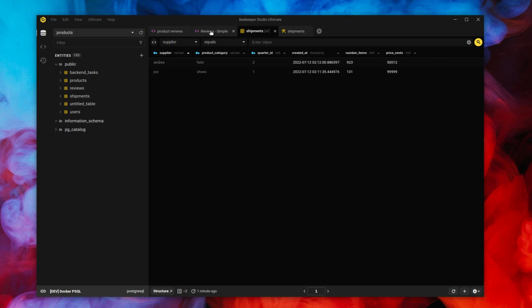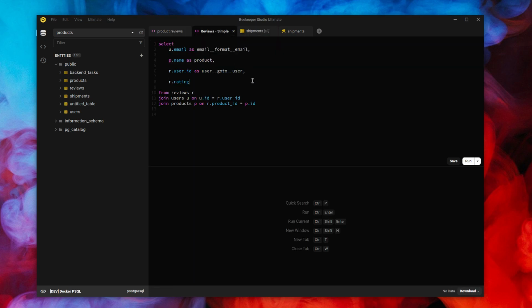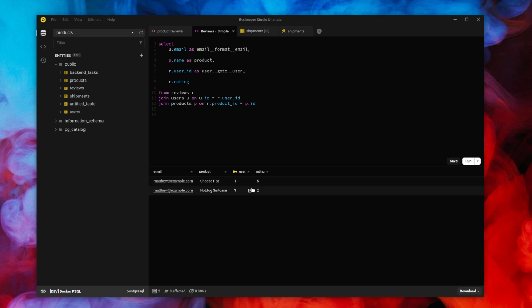The third feature I want to show, again, this is in the Ultimate Edition right now. I'd like to bring it to everybody. But it's support for what I'm calling query magics, but ostensibly this means formatting in your result tables. So I've got a quick example here where I'm looking at some product reviews, and these are totally arbitrarily made up. But in this case, someone, this user's left a star rating for this product, so they think cheese hats